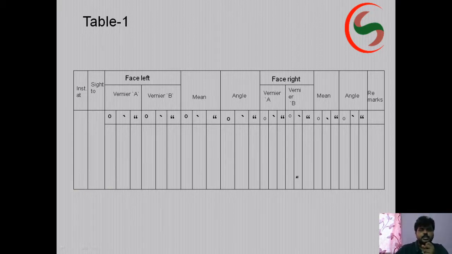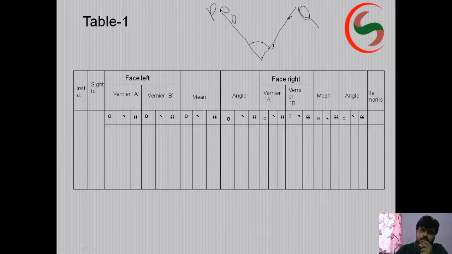Right. So what is our point? This is our point O, this is P and this is Q. In the first stage, we have sighted here. All the temporary adjustments, as I said, have been done. After that we have moved from here to here. Here the main scale reading is 0 0 line, and earlier vernier A was also at 0 0 line.